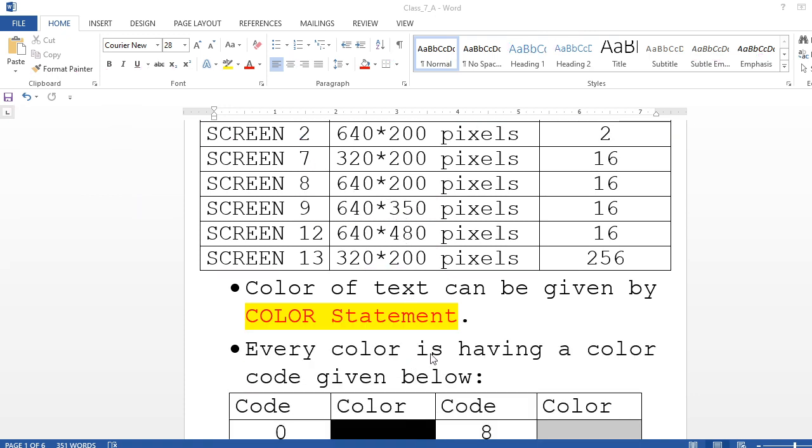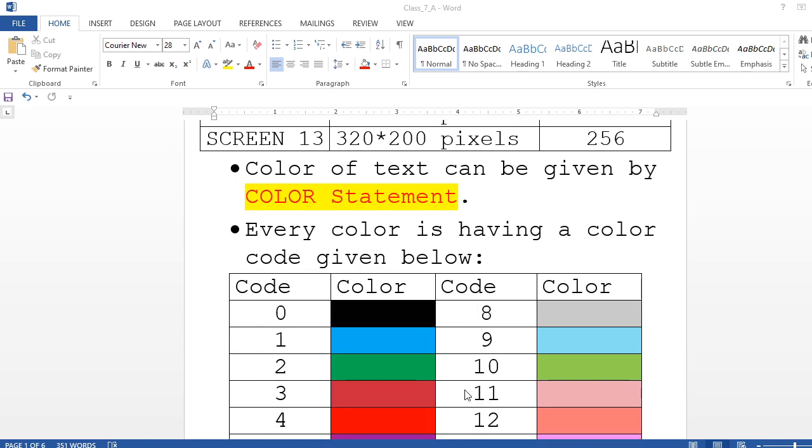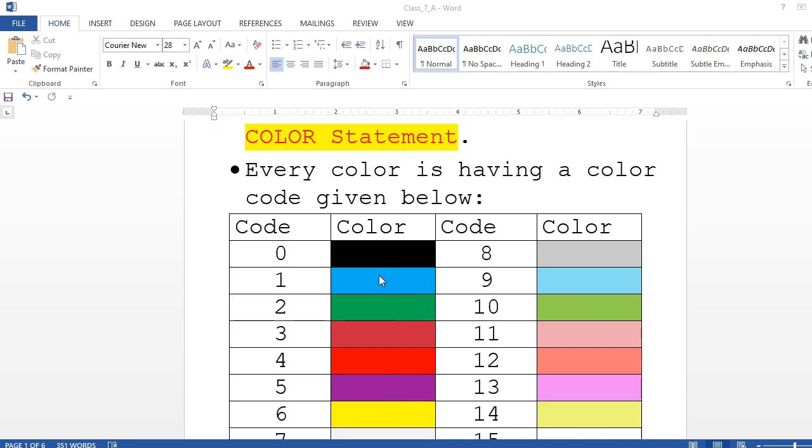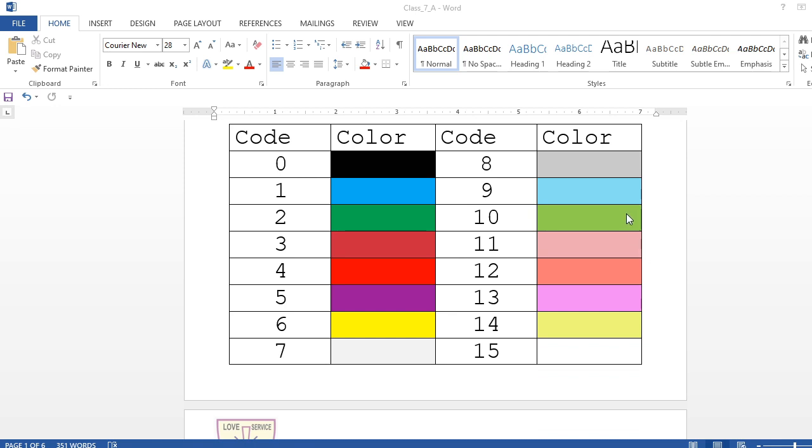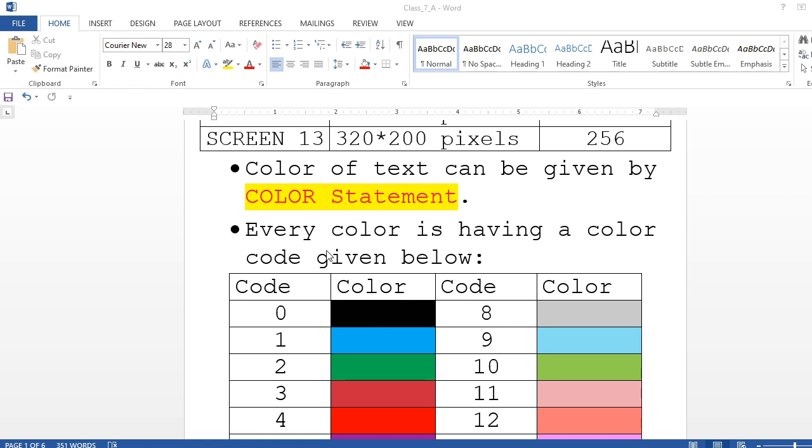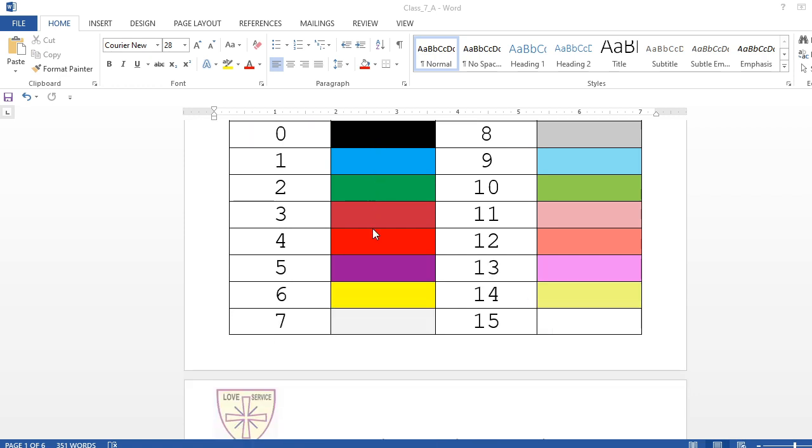So let's have a statement of color here. Then what color are we going to have? Here you see every color has a code in QBasic. I had drawn some colors here and their codes. If a color does not match exactly, nothing to worry about, you try and understand. So if I say red color, then red is what? 4, right? So COLOR, and then here I write the color code.